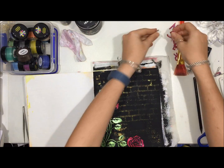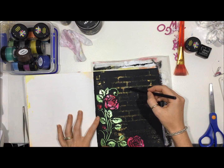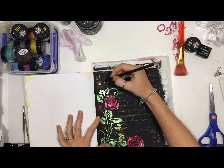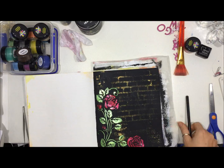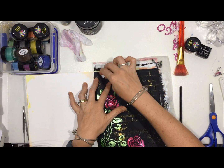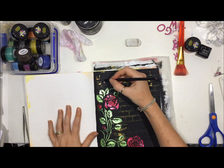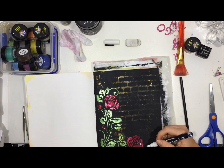So at this point I decided that I wanted to do a little something else. I thought, you know what, I'm gonna go full Beauty and the Beast. So I ended up penciling on the dome from the movie where he keeps the roses, and come back in with a white acrylic paint marker,